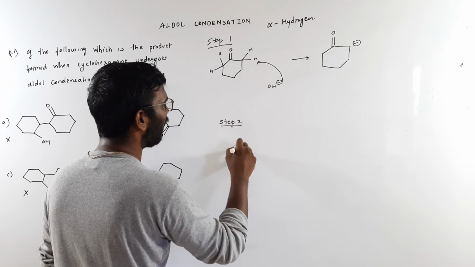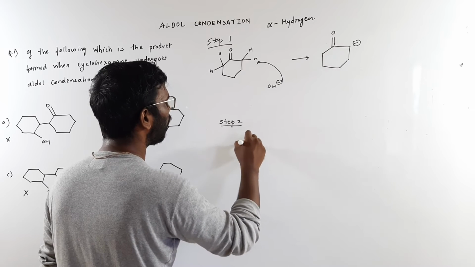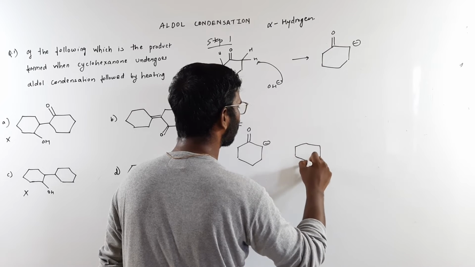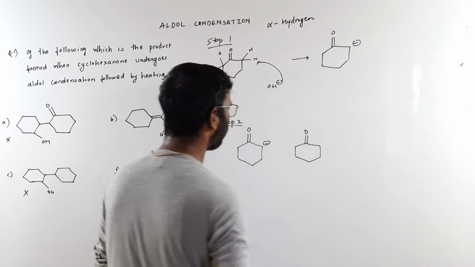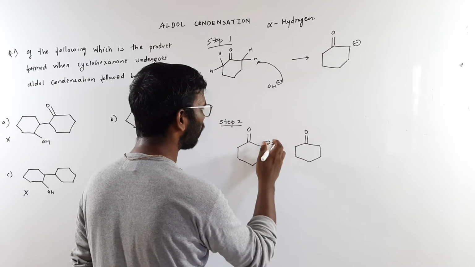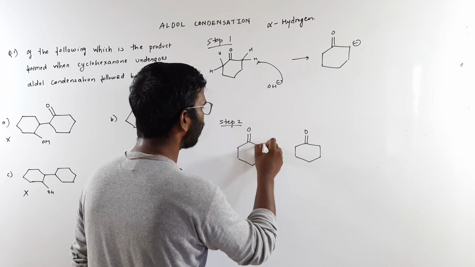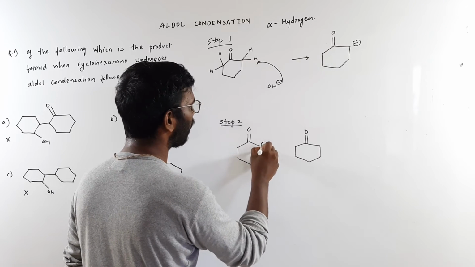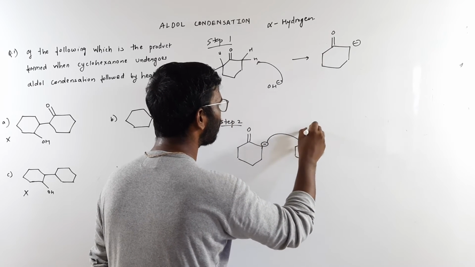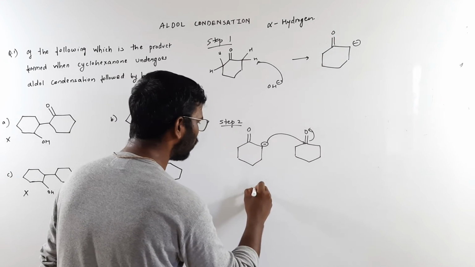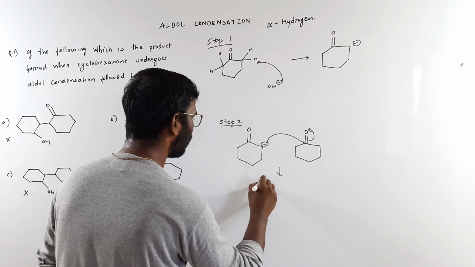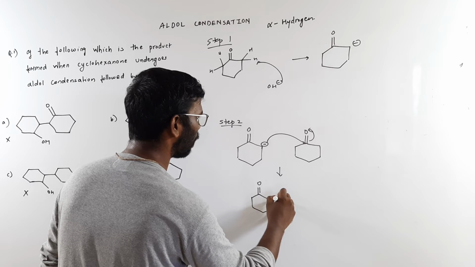Step two will be what? Take this nucleophile and react with a fresh molecule of the ketone. Now again, it's very simple. This negative charge, or nucleophile, is going to attack this carbon, because this is partially positive, and this is how the things will be forming. If I want to show you this, then in the next step, this is the double bond.